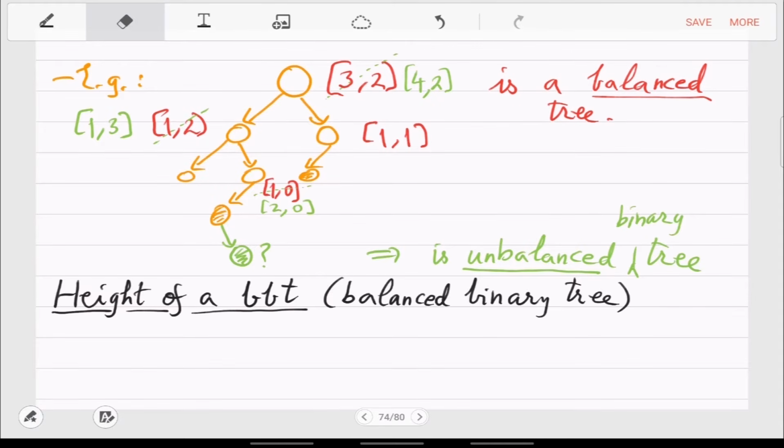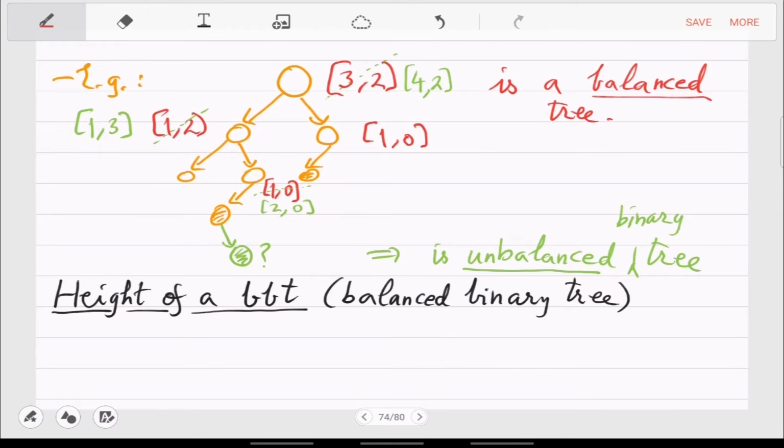This is not balanced. Why not? Where is the problem? What I have changed is just this number to 0. Everything is balanced. So it is balanced, but there is some leeway in the heights of the two children or two subtrees. So doubling is not so precise. Everything here is approximate.